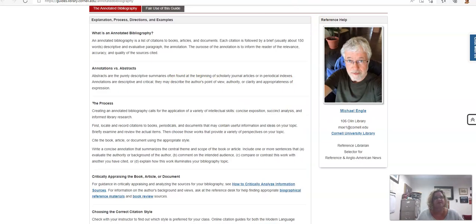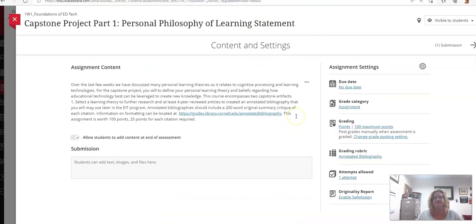In my example, I would find 4 articles about constructionism and using technology. Let's say you're a connectivist and you believe in connectivism, then you're going to find 4 articles about connectivism, and you're going to create a summary. The reason why we do that is we ground our theory of learning based on what we know, and we do that by reading literature. And your personal learning theory will evolve.